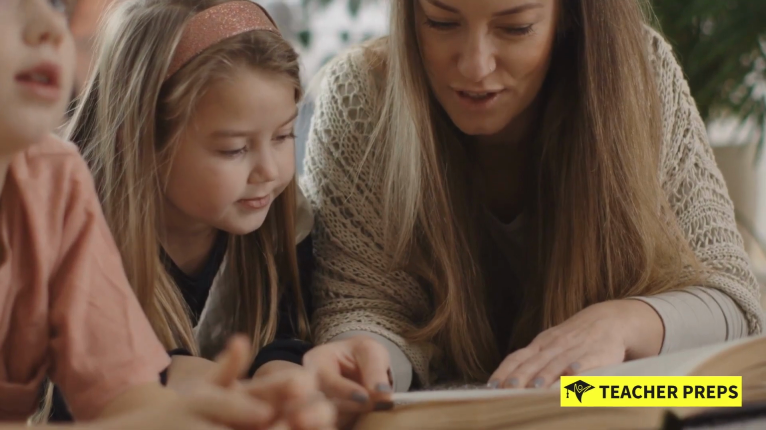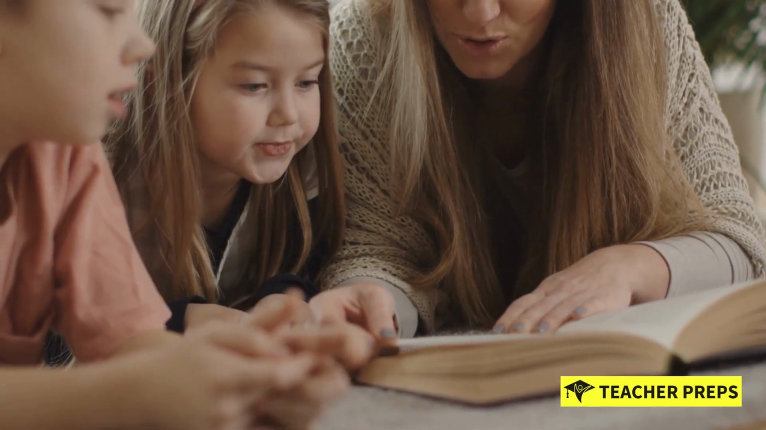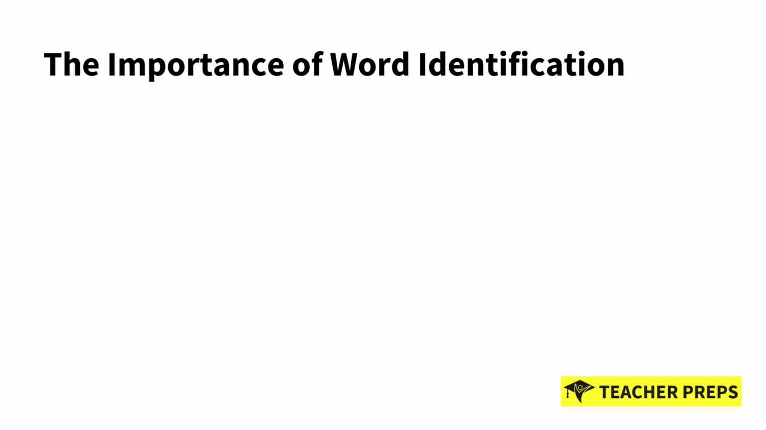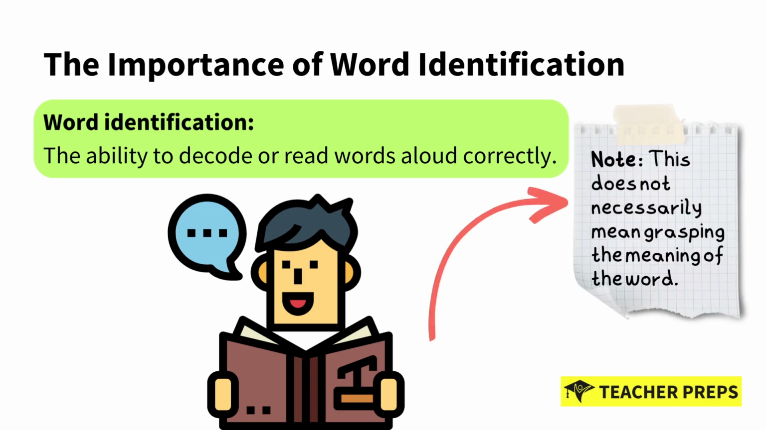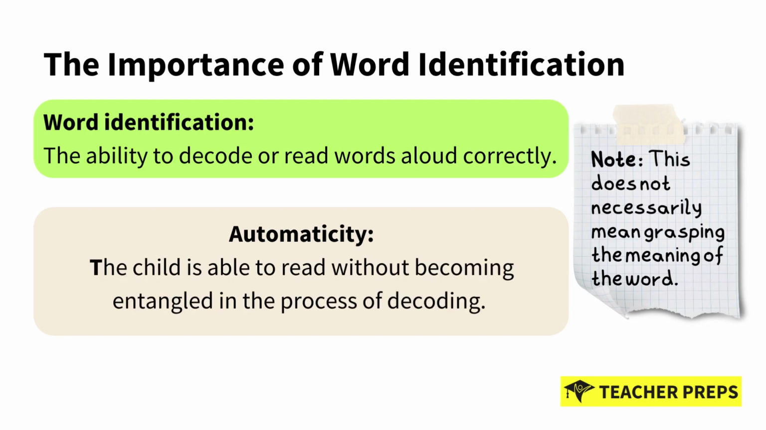In the developmental journey of young readers, word identification plays a pivotal role in achieving reading fluency. Word identification is the key word in this standard, and it refers to the ability to decode or read words aloud correctly. Note that it does not necessarily mean grasping the meaning of the word. The key here is the concept of automaticity, where the child is able to read without becoming entangled in the